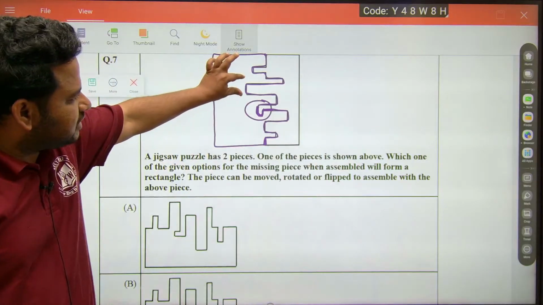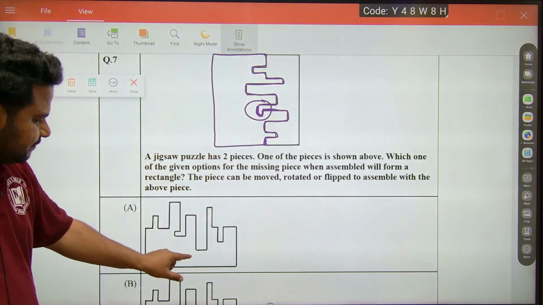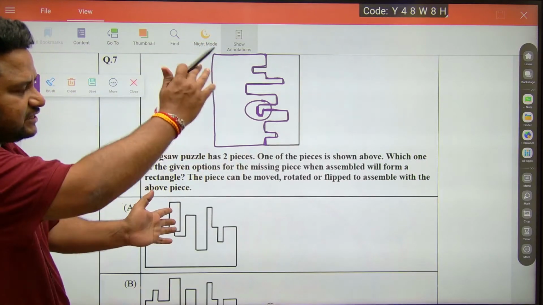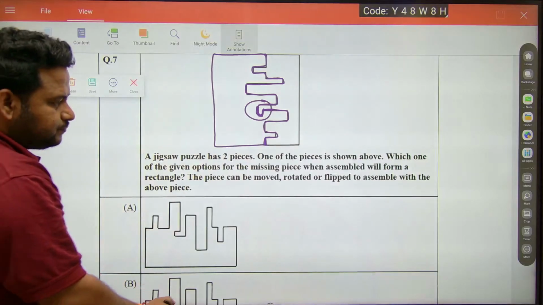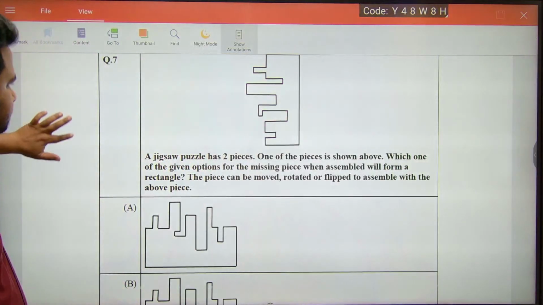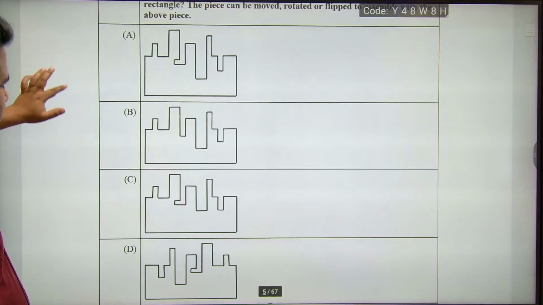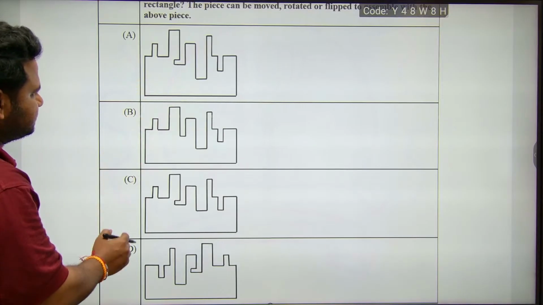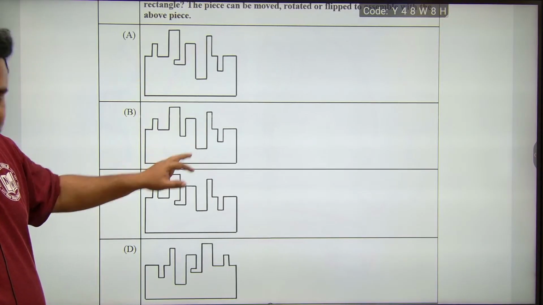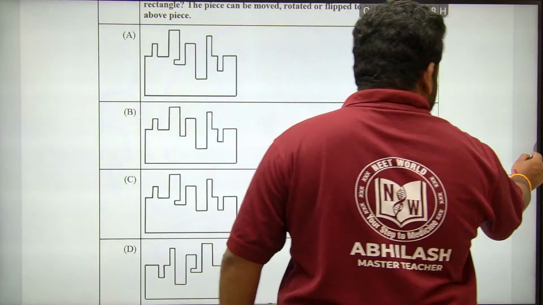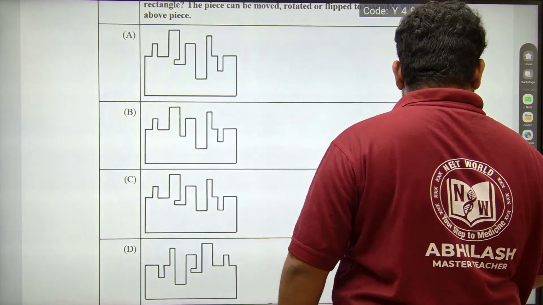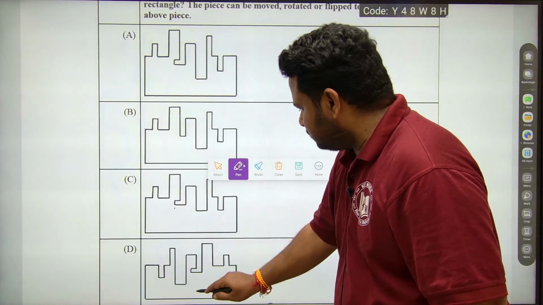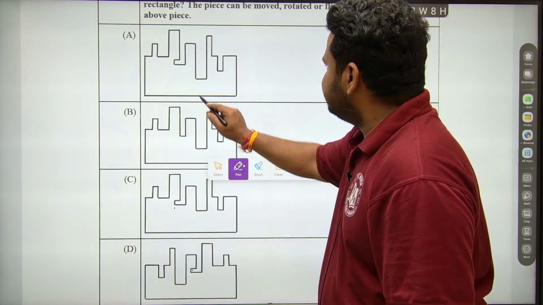Hold on to this, how deep it is. If you look at this, it is deep, but here everything is straight. Nothing is curved. What have they done? They have tilted it like this. So let us see the options here. If you look at these options, see here, this is curved. What about this one? Nothing is curved here. Observe carefully. Here it is curved. It is curved here also. What about this? Here also it is curved. What about this? Here also it is curved like this.